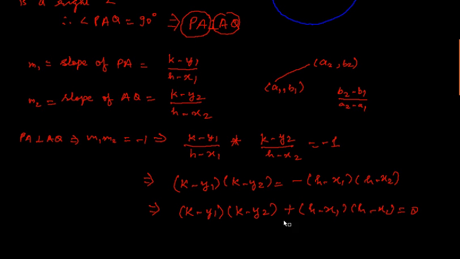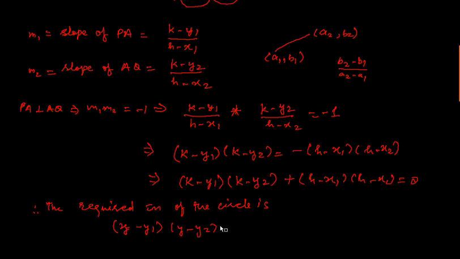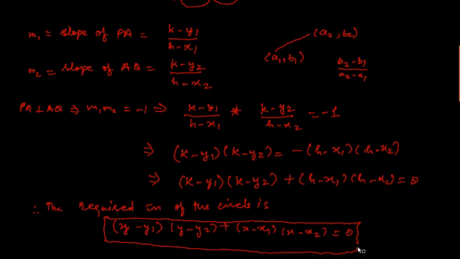I can replace this h, k with x, y, that is a general point on the circle. So the required equation of the circle is y minus y1 times y minus y2 plus x minus x1 times x minus x2 is equal to 0. This is the equation of the circle with x1 comma y1 and x2 comma y2 as the endpoints of its